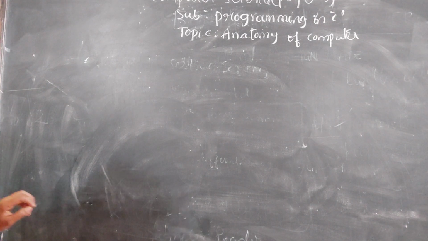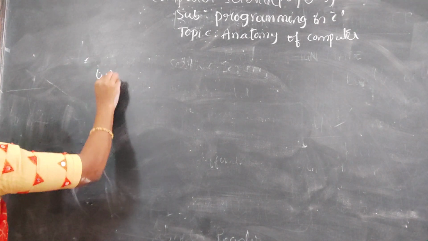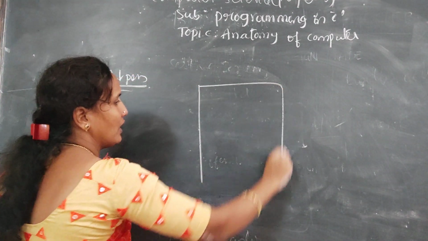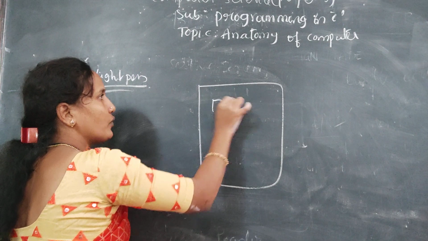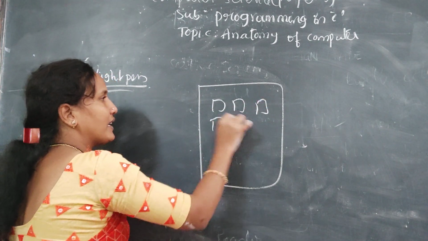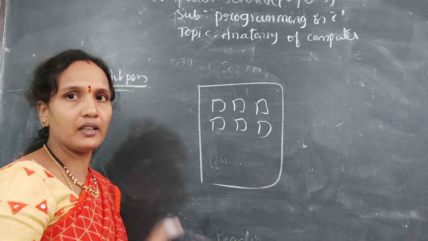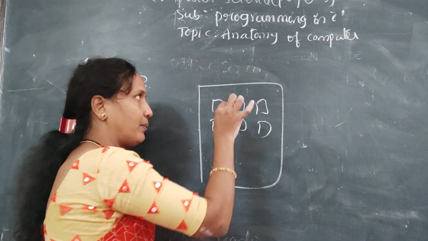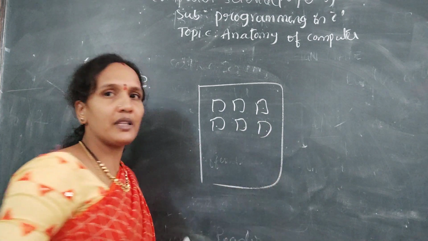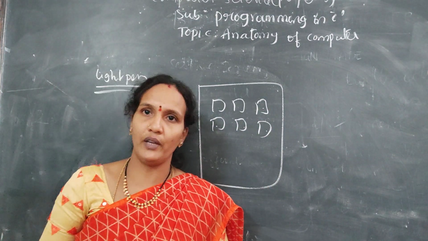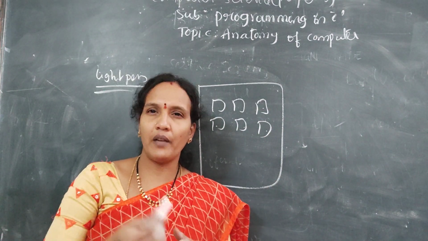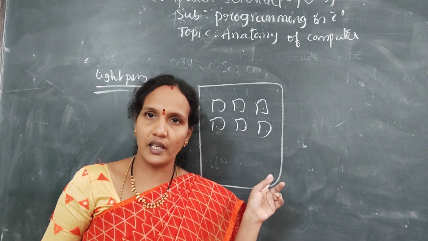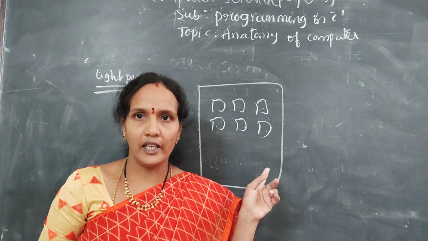Next, light pen. A light pen is also an example of an input device. Instead of the finger, in the touch sensitive device I said with the finger you can select the object on the screen. But using a light pen, you can select any object. Maximum this type of input device you will get on mobile phones, China mobiles. They will give you a thin pen, and using that, you can select the object on the screen. So that is a light pen.